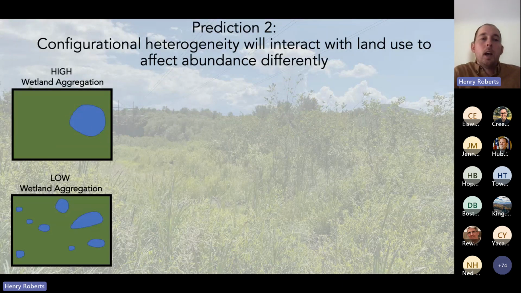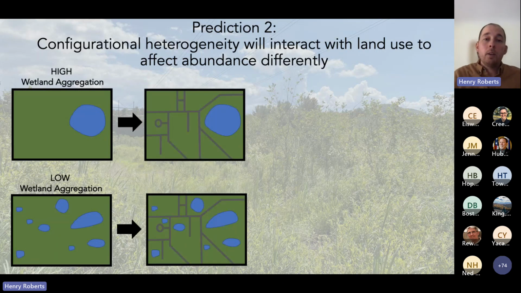Our second prediction, which was a little bit more complex, was that configurational heterogeneity would interact with land use to affect the abundance of populations differently. In this case, wetland aggregation is our proxy for configurational heterogeneity. And I have 2 example landscapes here. On the top, we have high wetland aggregation, so a single large patch of habitat. And on the bottom, we have low wetland aggregation, so more of a constellation of smaller wetlands dispersed across the landscape. And the idea is that as the surrounding landscape becomes more fragmented, there are more threats on the landscape, we expected that